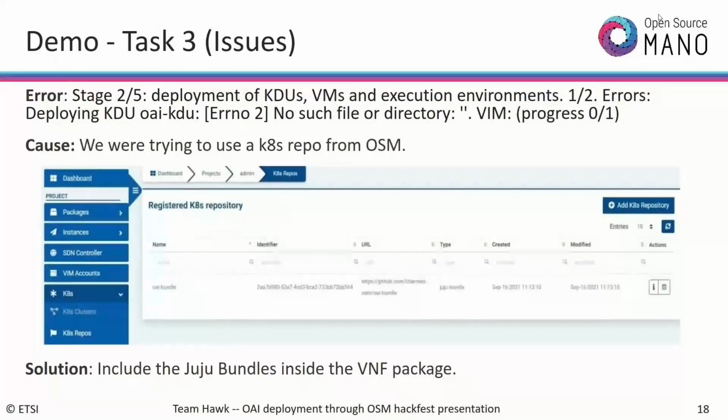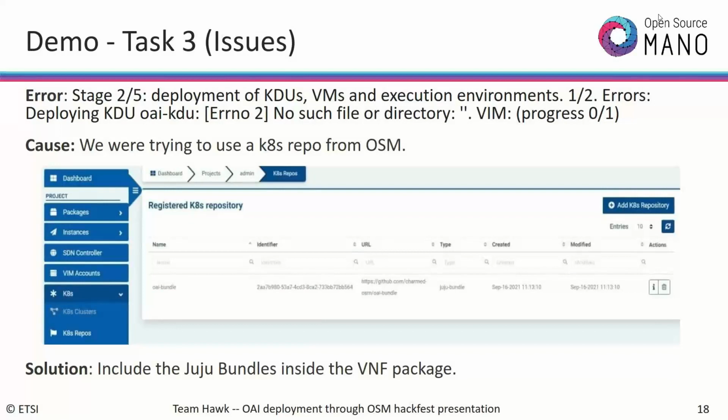Why? Because we were trying to use a Kubernetes repo from OSM, as we show in this picture. We named this repo OAI bundle, and then we were making reference to this repo in the KDU bundle